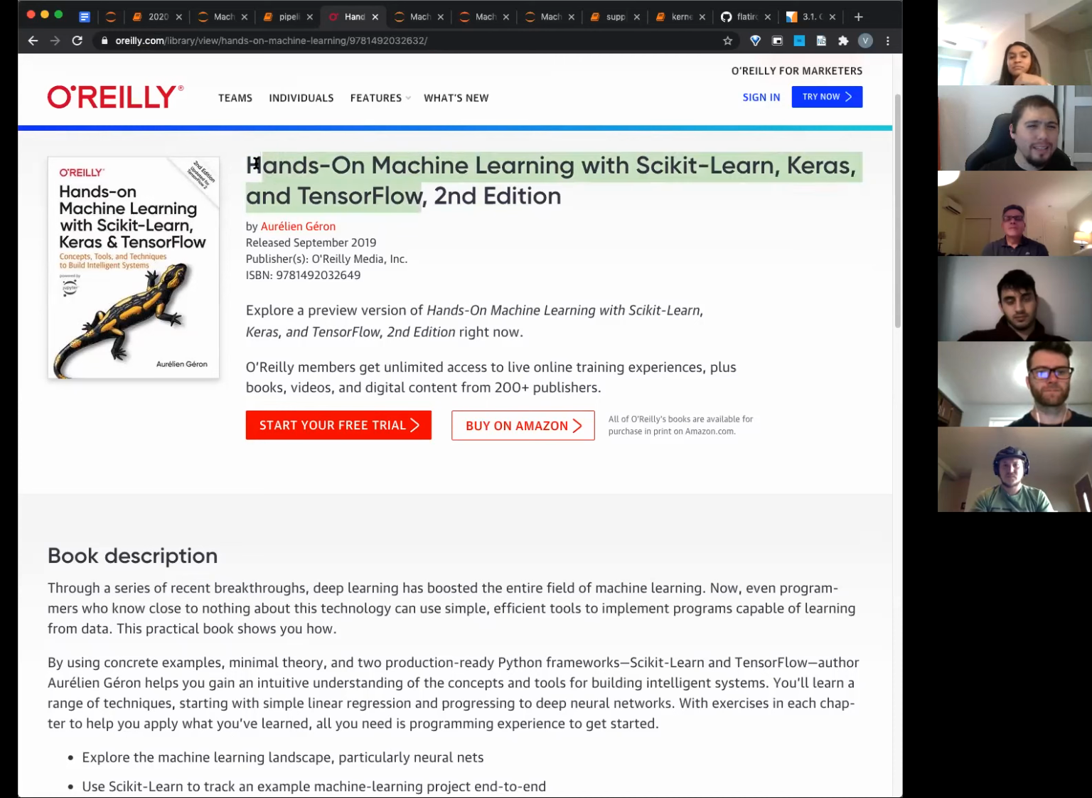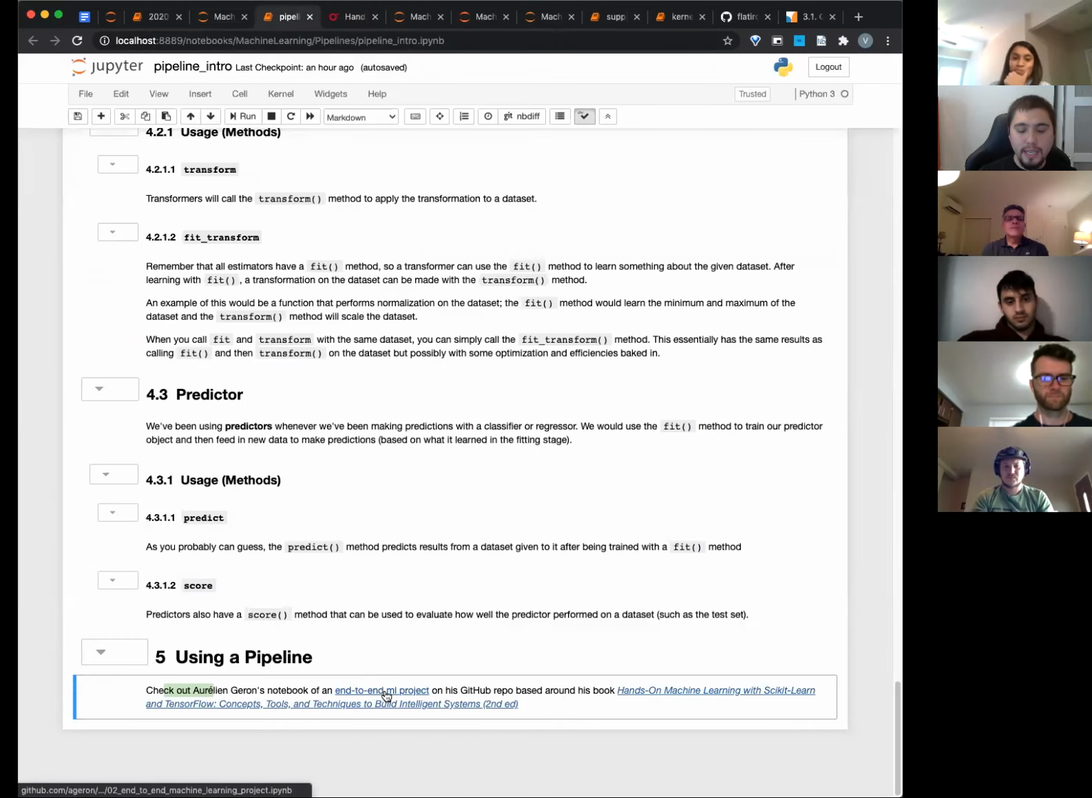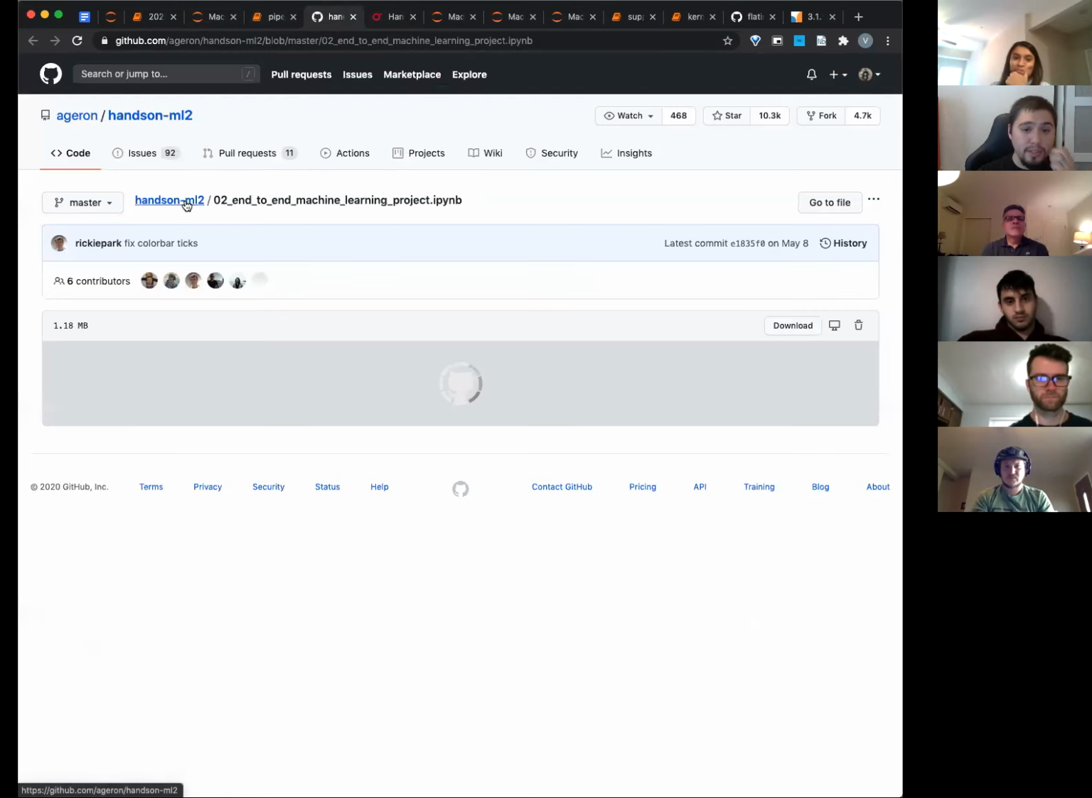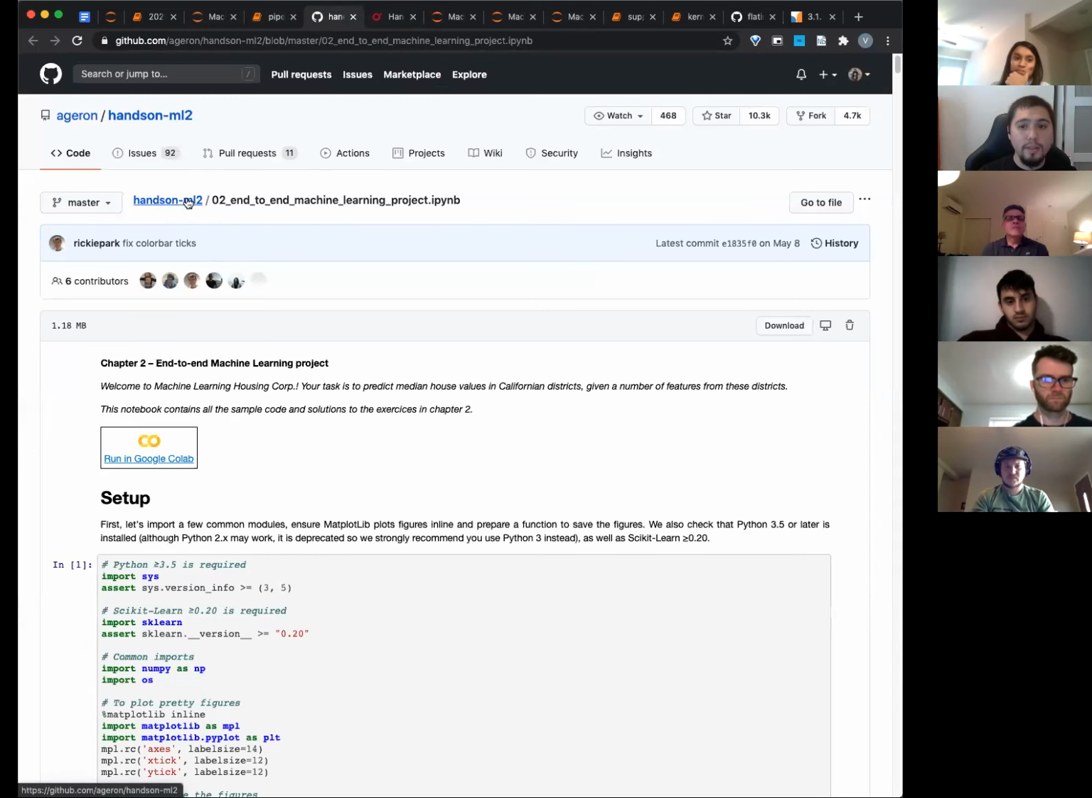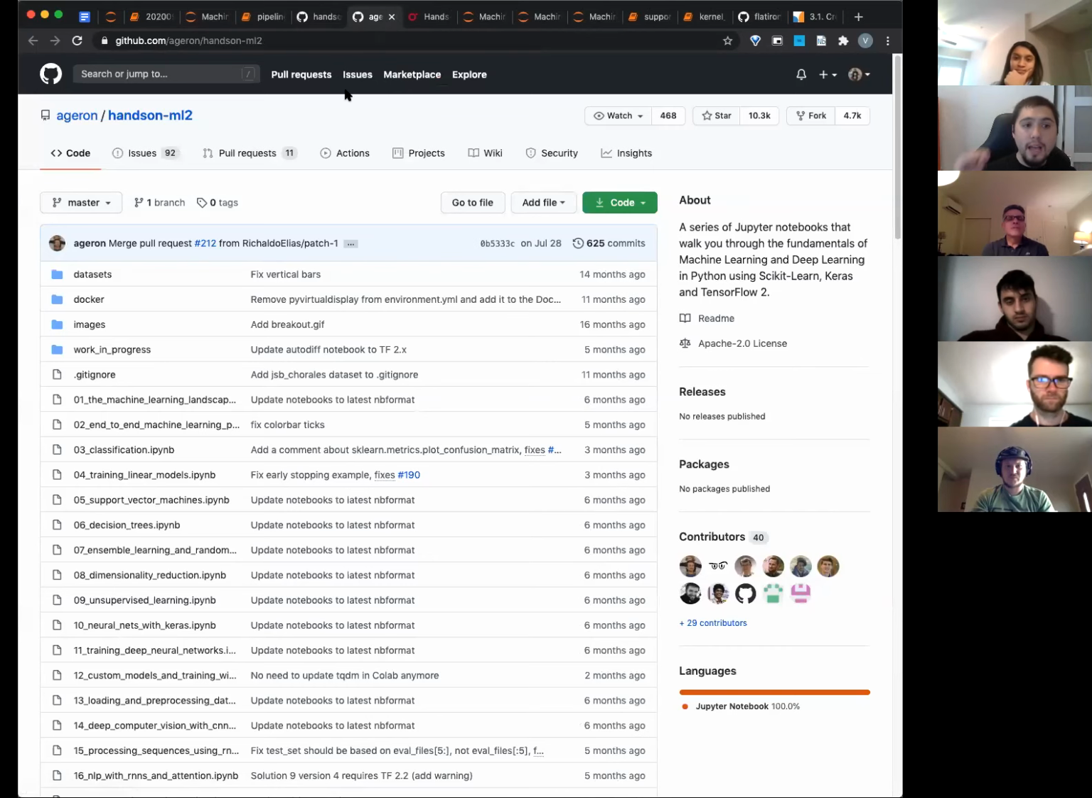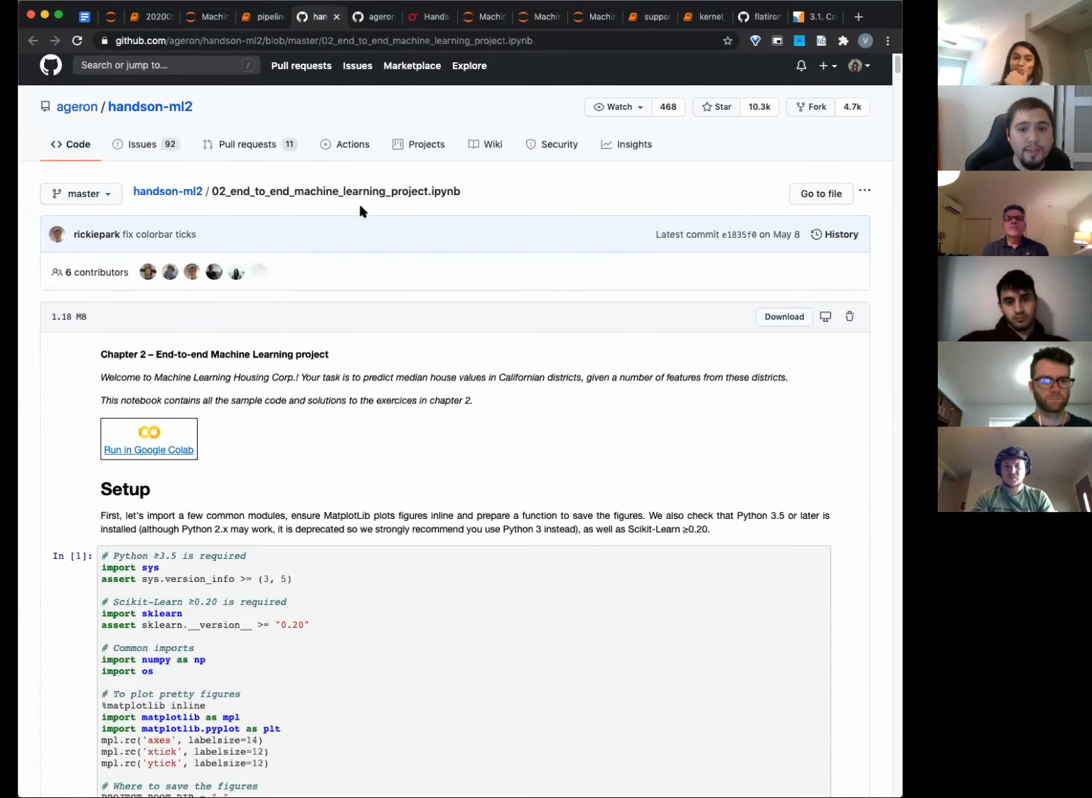But if you want to just see what this looks like, at least with some of the code, the author actually puts in his GitHub repo where he has the chapters. It's not literally a reproduction of the chapters, but it's the code that's listed in the chapters. So for example, this